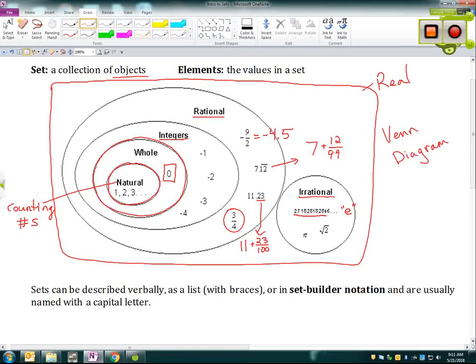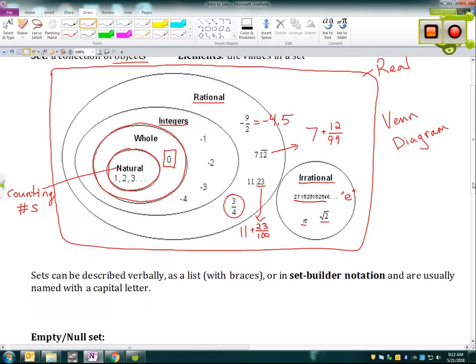Two more examples of that are root 2. The square root of 2 does not exist as an integer or even a rational, like a fraction. And same thing with pi. We usually approximate pi as 3.14, but as you likely know, pi actually continues forever and does not repeat. Currently, I think mathematicians have found something like 200 million digits of pi and have yet to find a pattern or an end. That's fun for mathematicians to try and find, but not necessarily super useful. So that is another example of an irrational number.